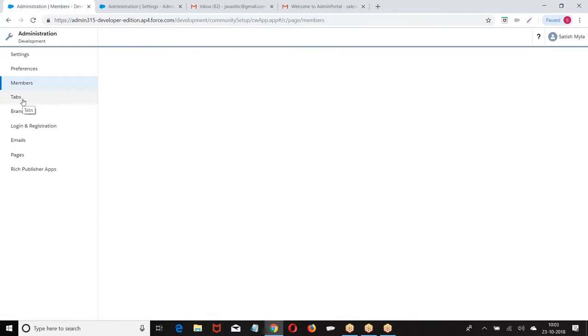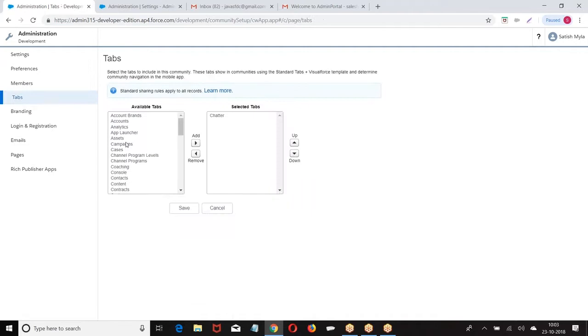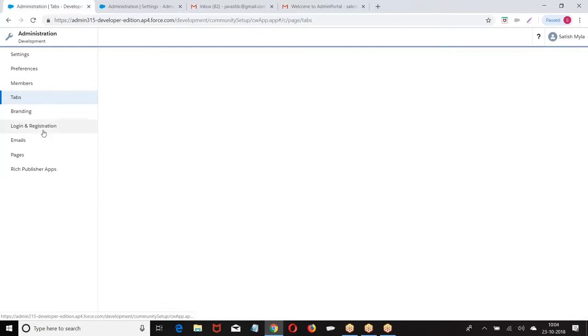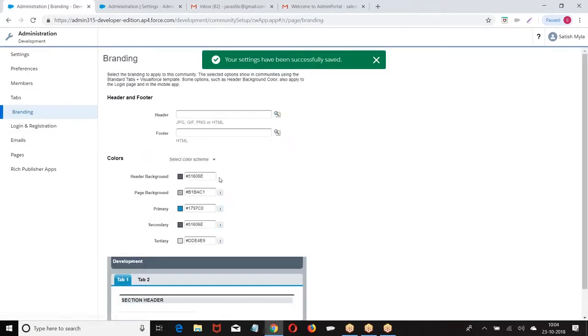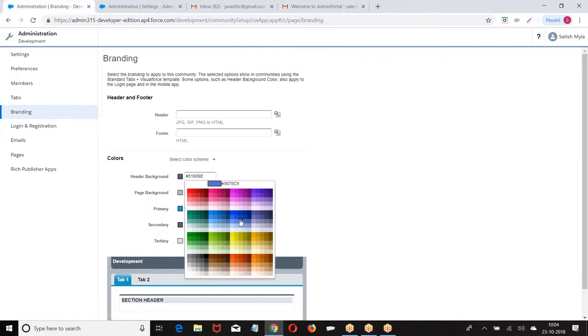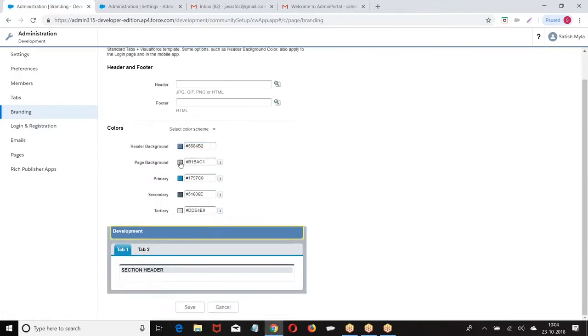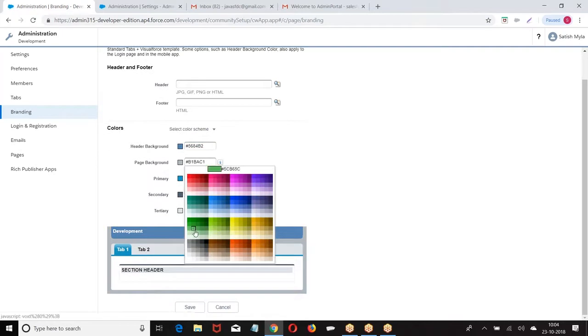Only those profiles can log in. Tabs: loans, payments. Then branding. If you want to apply some colors here, you can go for branding and apply some branding color.